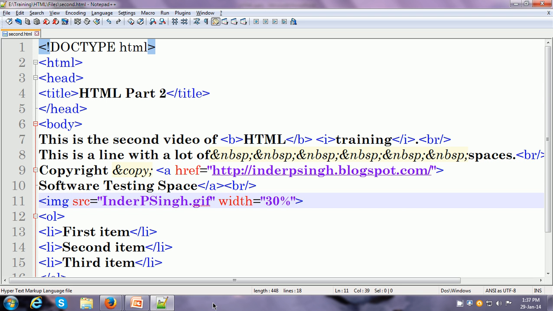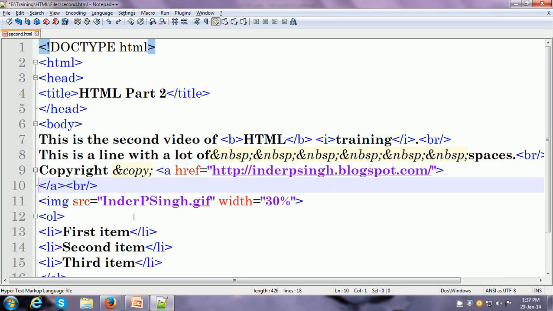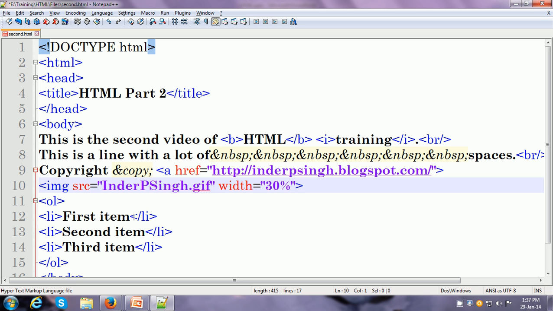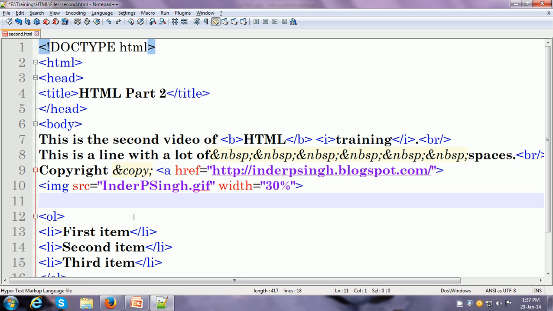Okay, another interesting thing we can do is make the image itself a hyperlink. So let us say I don't want to put the text over here as the hyperlink. I want the image to be the hyperlink. So all I can do is remove this text over here, but now you see that I have taken the img tag within the a tag. How? I'm going to close the a tag after the img tag.